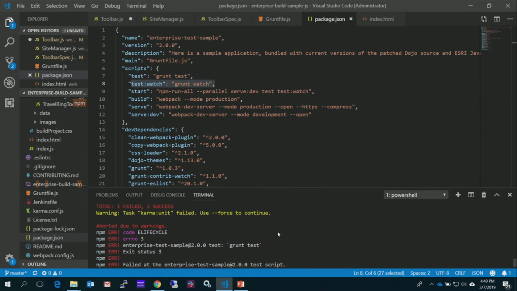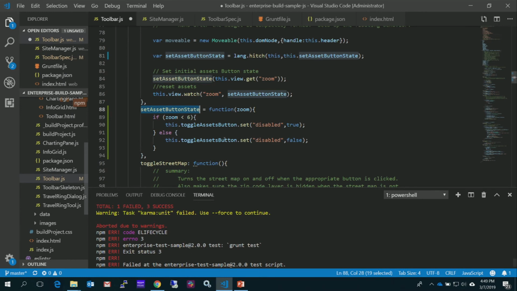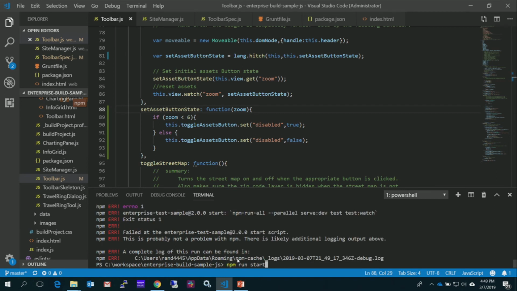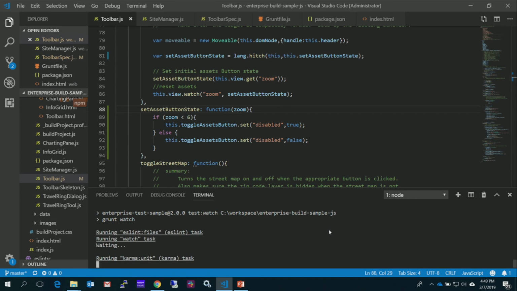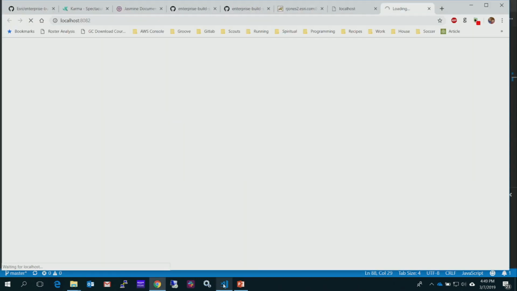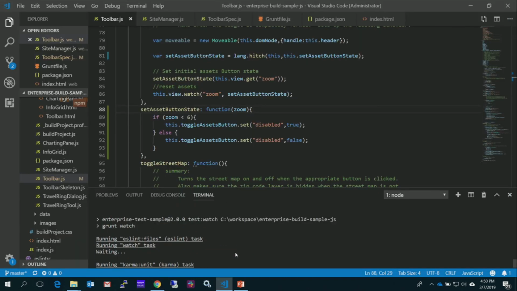You've got an equal sign on your function instead of a colon. There we go. Thank you, George. Sure thing. Try to. There we go. So if we look over here in the